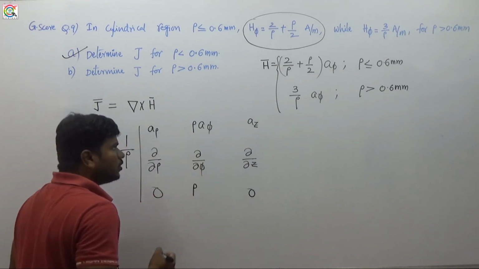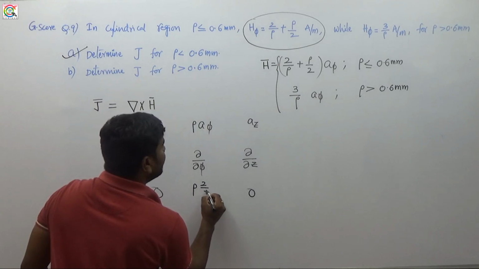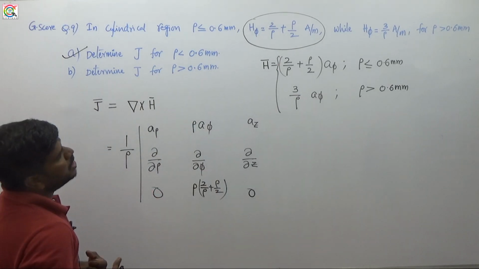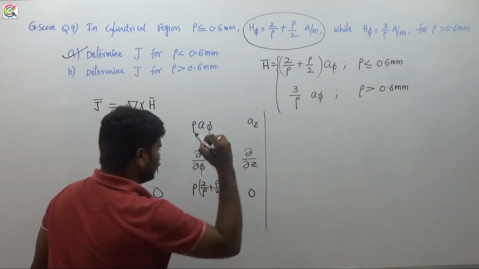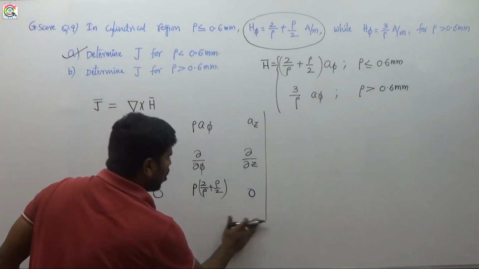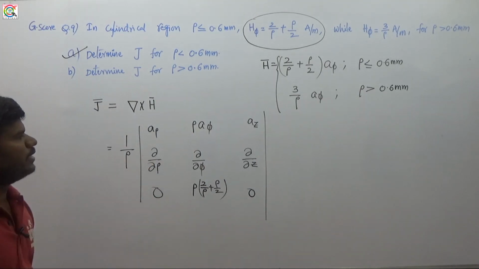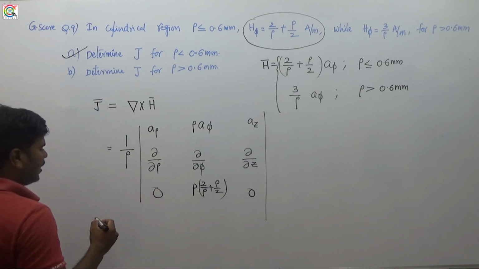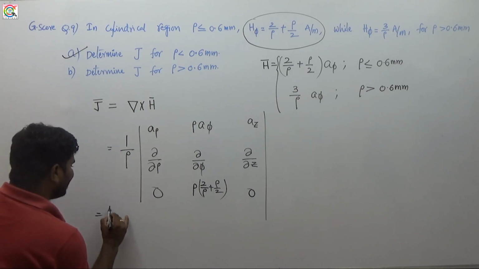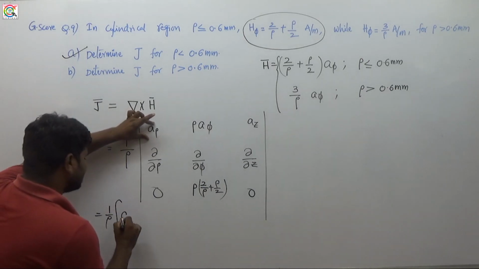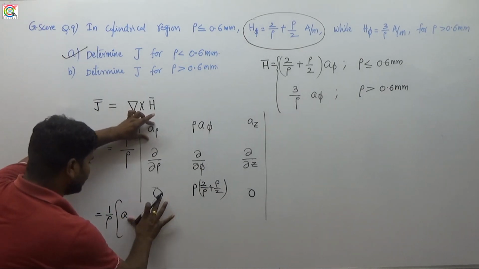That is rho into 2 divided by rho plus rho divided by 2. Okay, 2 divided by rho plus rho divided by 2. So these are the entire components here. Okay, so you have to find the determinant of this. So while we are finding the determinant, how can you find? So here 1 divided by rho, 1 divided by rho, it is a phi into this a rho into